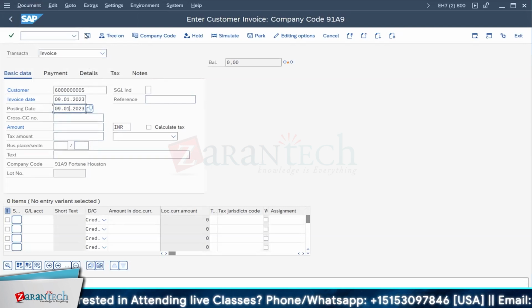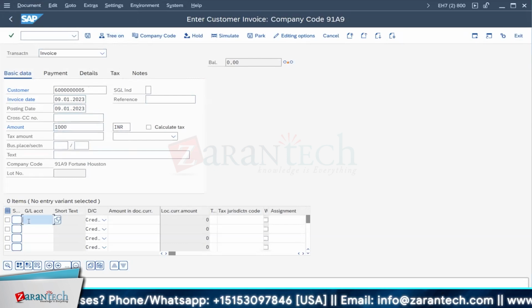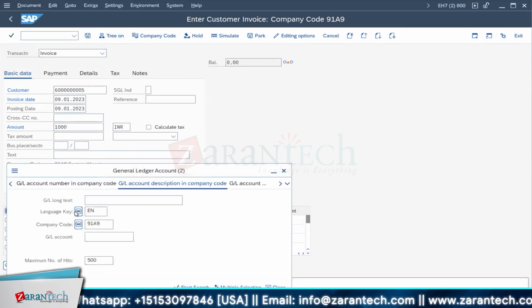All right. Amount, put 1,000. Don't save now. 1,000. And now come to GL account. Write down, yes. Pick up a GL account. This is a customer. So